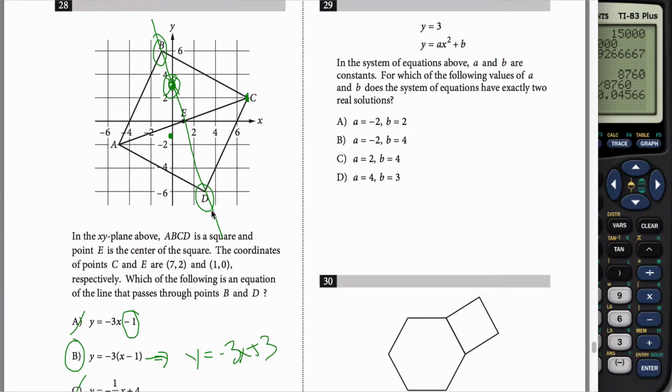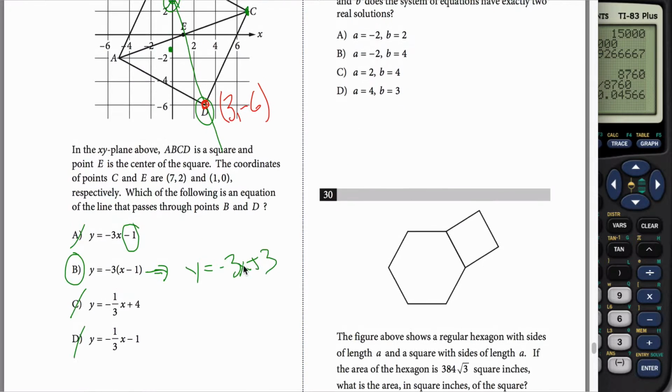So another way you could do this problem is figure out the coordinates of B and D respectively. And you have two ways you could do that. You could just look at the picture. It appears that this point is at 3, -6, whereas it appears that this point is at -1, 6. And if I have 2 points on a line, I have all the information necessary to come up with the equation of that line. I can figure out the slope